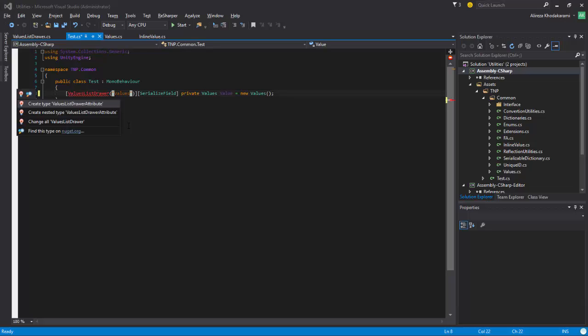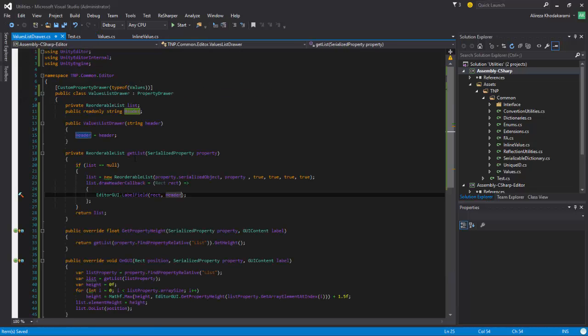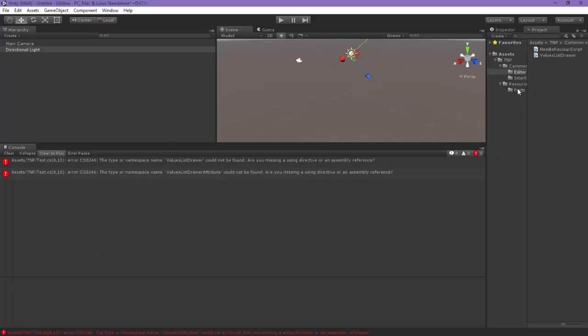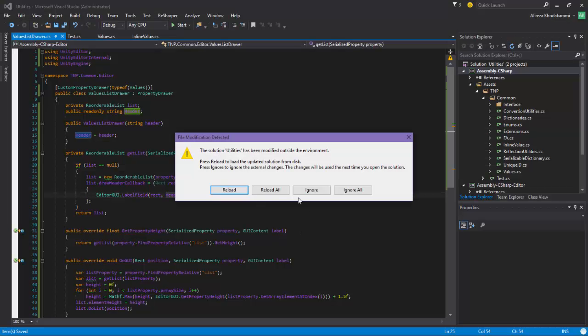Yeah, because that is inside editor. Okay, what if I move it outside the editor? So come out, and from here go into common. Come back, reload all,